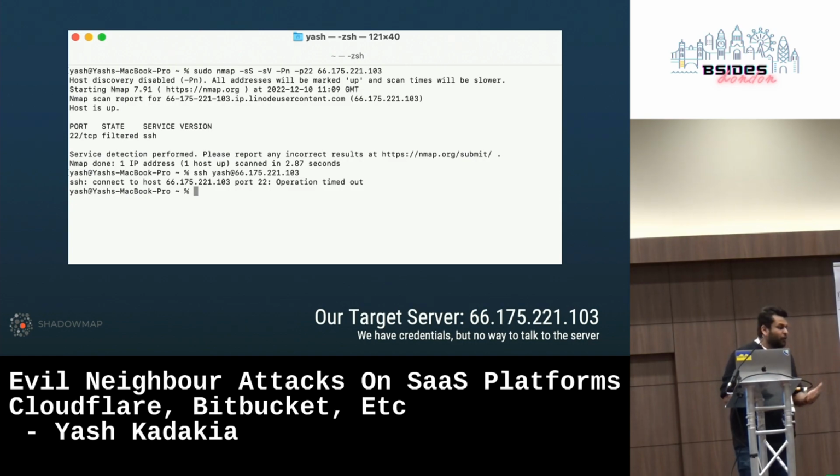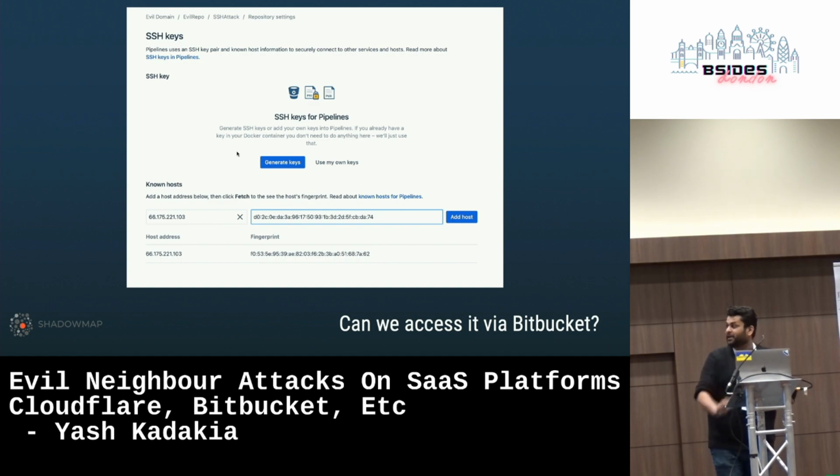You're running a red team, you've got credentials, you've got access, you've compromised, you've essentially got there, right? And just when you thought you about had it, you realize that you can't really do anything further with it. So that's where we were at. And we realized eventually that we were actually using our own Bitbucket Pipelines for some deployments, and that Bitbucket has some SSH tools built in, right? It has an SSH tool where you can plug an IP address in, add host, and it's going to tell you whether it can connect to it or not.